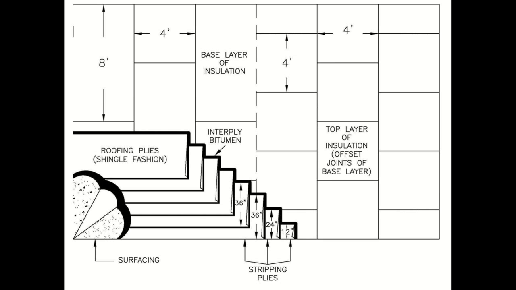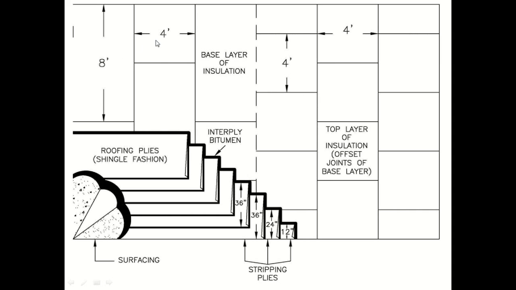Okay, our next slide here is how basically a built-up roof is installed. Okay, so it's your cutaway detail. Now, if you start in the upper left-hand corner, you have these rectangles here. And basically, this is your first layer of insulation. It's a 4x8 foot board. That's your base layer. The top layer, again, the top layer joints offset the base layer, and those boards are